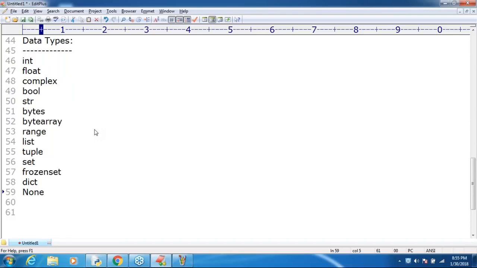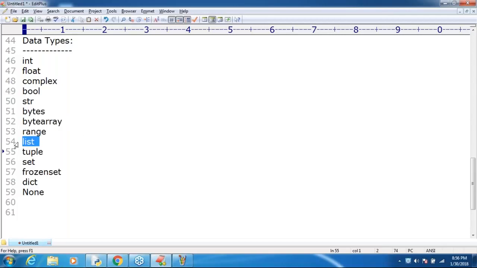Integral values are int, floating point values are float, complex numbers are complex, logical values like true or false are boolean, and string values are str. Bytes means a group of byte values. Byte array is also the same, but there is a difference. Range means to represent a range of numbers.